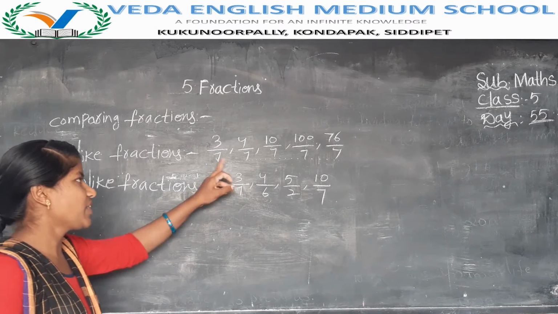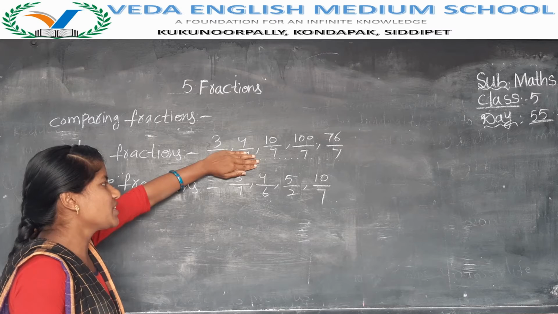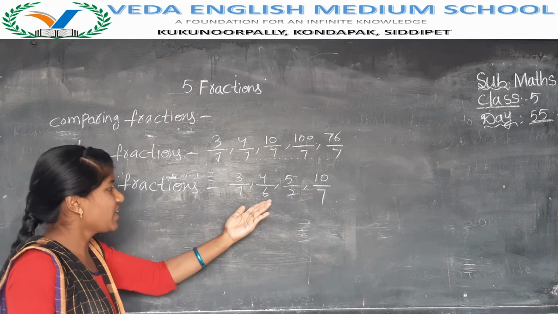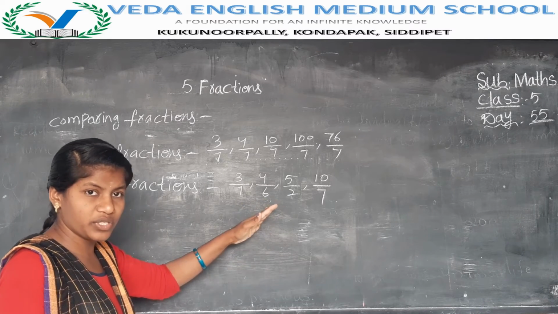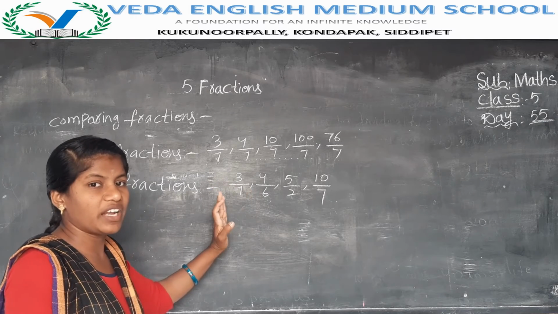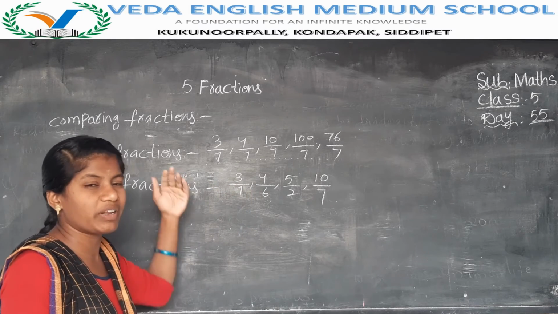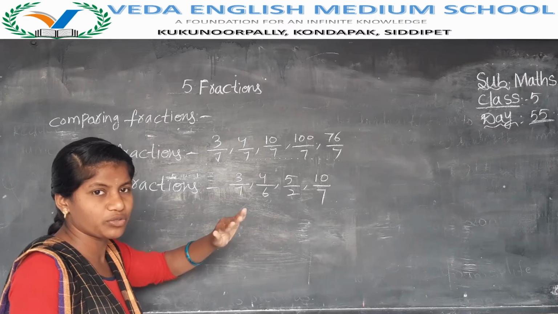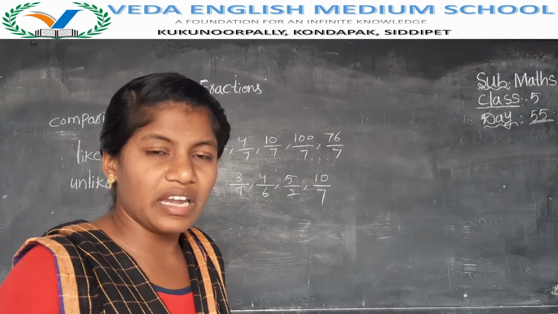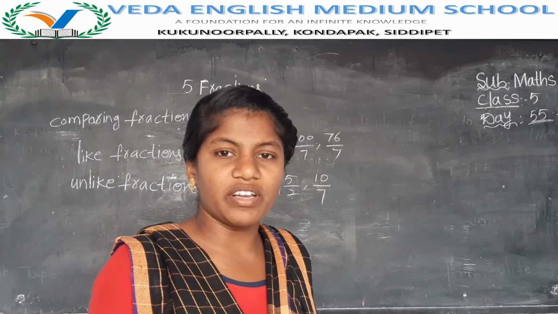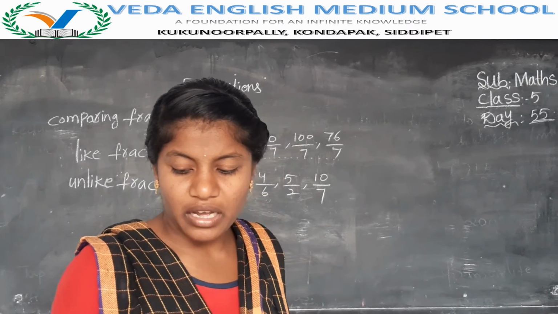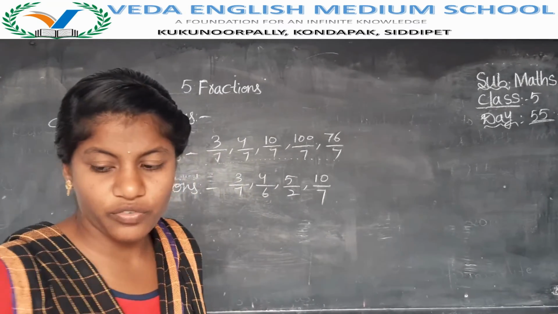Now in like fractions denominators are equal. Denominators equal గా ఉన్నాయి కాబట్టి numerators ని కంపేర్ చేసి ఏది పెద్దదో ఏది చిన్నదో చెప్పగలిగాం. But here there is nothing to say which is the greater one and which is the smaller one. So if you have unlike fractions, how do you compare them? ఒకవేళ మీకు unlike fractions ఉంటే వాటిని ఎలా కంపేర్ చేయాలో నేర్చుకుందాం. First of all you have to convert the unlike fractions into like fractions. To convert unlike fractions into like fractions, what do we have to do? We have to go for LCM.